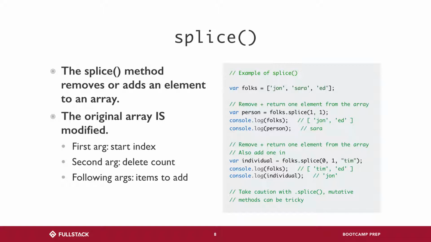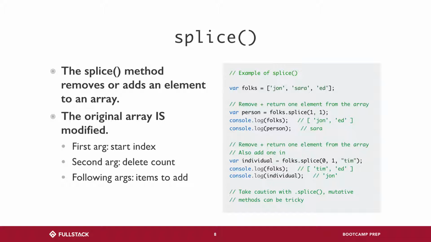All right. So in this case, we have folks: John, Sarah, and Ed, right? When we do a .splice and we say person equals that, if this was slice, then we would think, oh, this is giving me the entire new array back. But in actuality, what splice really does is it tells you only the elements that were changed. So in this case, we remove Sarah. And so what is being stored in person is actually Sarah,